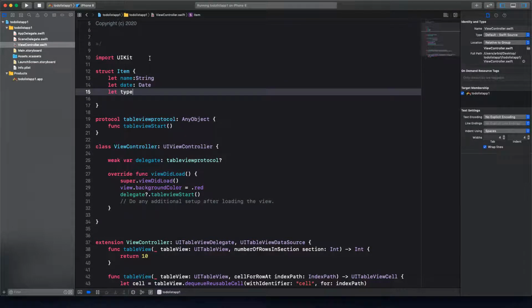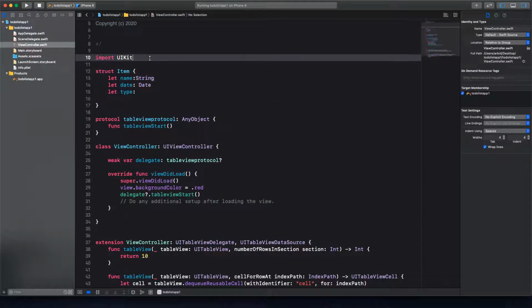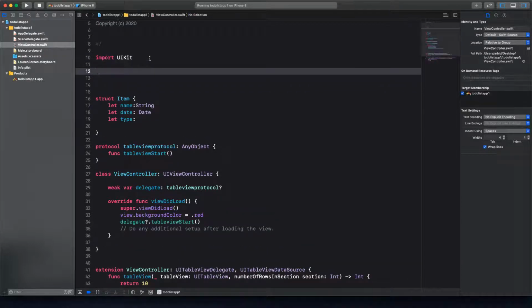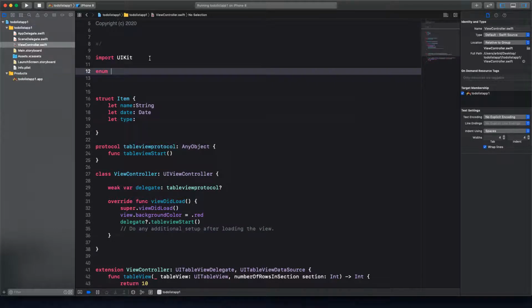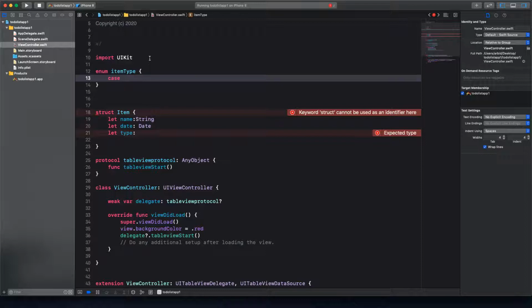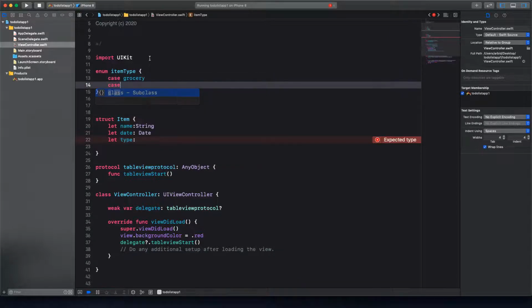a type. And remember, one thing we didn't discuss is enum, so we're going to discuss that too. Enum is enumeration. So now I want a type of item. So what type is it? You're going to add to a to-do list, is it going to be grocery? So say item type. And the way enum works is there's a case. Remember we had the switch case, but this one also has case. So I would say case grocery, and case